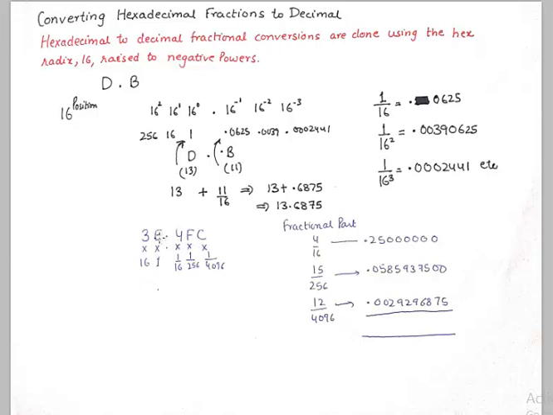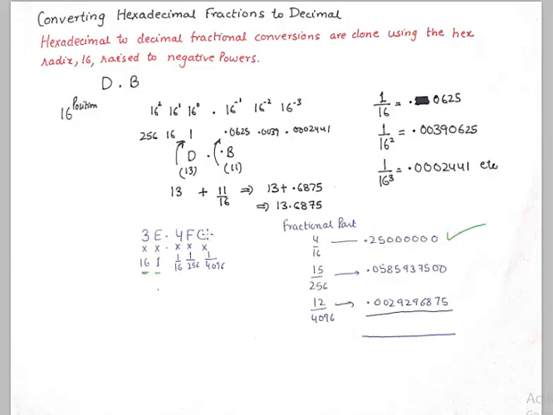So we know E is going to be multiplied by 1, which is 16 raised to power 0, 16 raised to power 1 is 16, so 3 will be multiplied by 16. So their appropriate positional powers. And similarly 4 when multiplied by 1 by 16 gives me this thing. 4 divided by 16 is